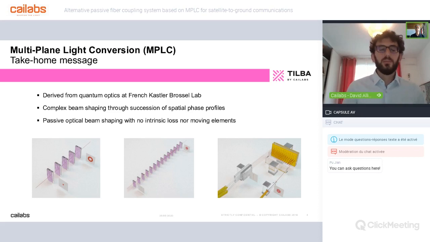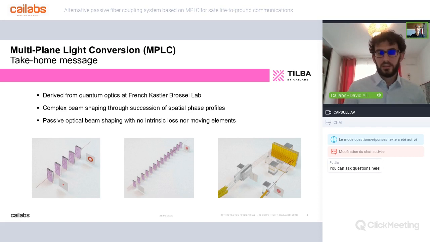In terms of implementation, it would be too complex and too bulky, and you would also have too many losses if you implemented it in transmission. This is why we implement it in reflection. On the image on the right, you see a fiber array with its 7 Gaussian beams at the input that we manipulate thanks to a succession of reflections on the faceplates. It's still faceplates and free space propagation. Thanks to this, we manipulate the shape of the light to the output, which is a multimode fiber here, and we couple 7 different modes inside the multimode fiber.